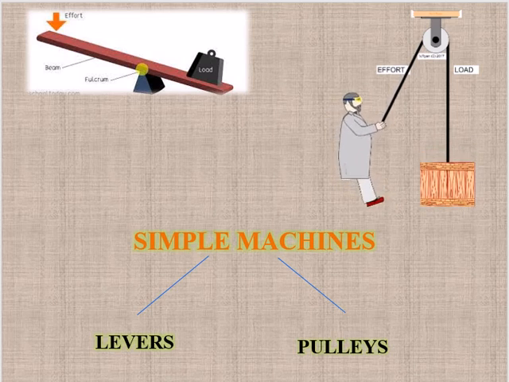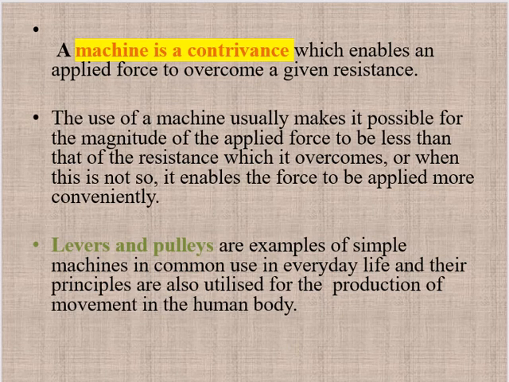First of all, start with what is a machine. A machine is a contrivance which enables an applied force to overcome a given resistance. The use of a machine usually makes it possible for the magnitude of the applied force to be less than that of the resistance which it overcomes, or when this is not so, it enables the force to be applied